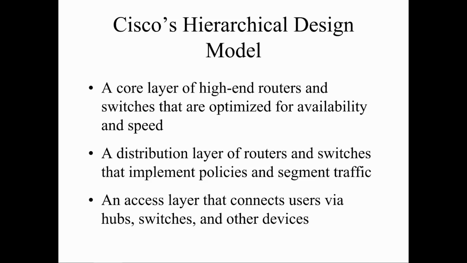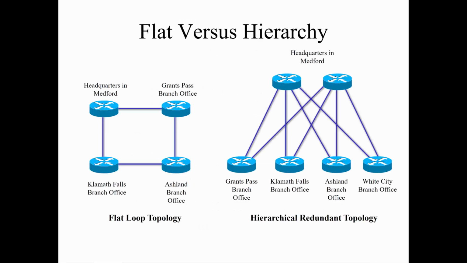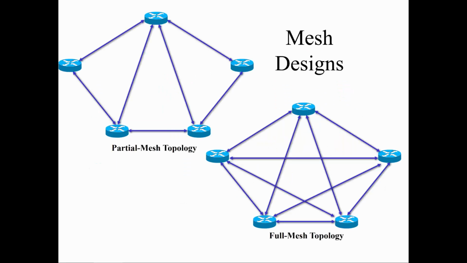So I said tree-like structure, but there are other types of hierarchy as well. There's a flat loop topology, which I haven't really seen. We typically see some type of hierarchy redundant topology. With multiple data centers, I have actually seen this type of deployment. If you're in a larger environment, maybe some type of mesh or full mesh topology,